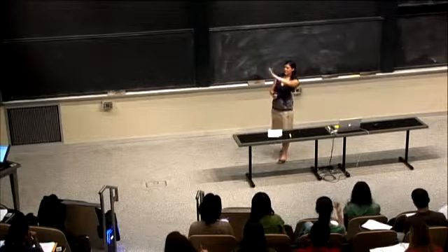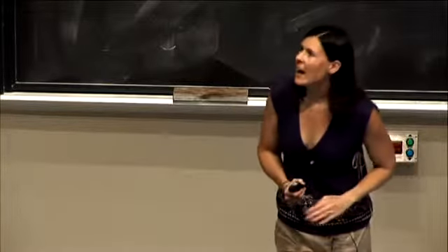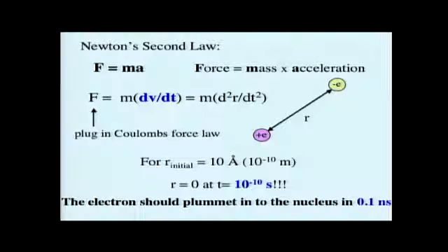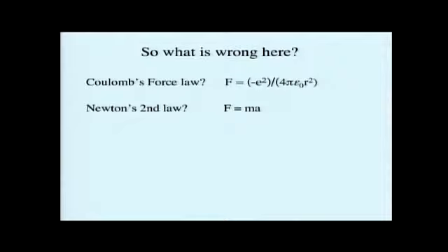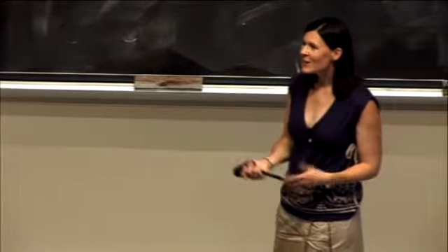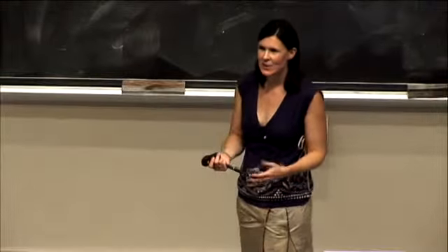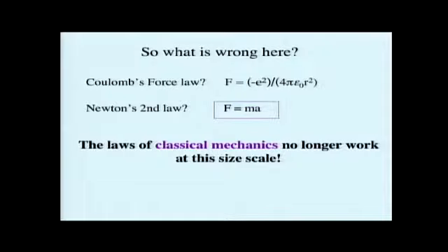So if you can take what I'm saying for a moment, that in fact this should collapse in this very small time frame, we have to see that there's a problem with one of these two things, either the Coulomb force law or Newtonian mechanics. So what do you guys think is probably the issue here? So it's Newtonian mechanics. And the reason for this is because Newtonian mechanics does not work on this very, very